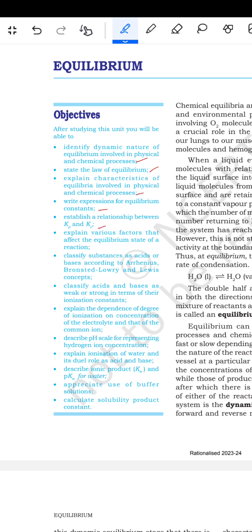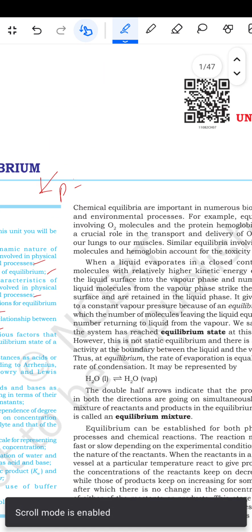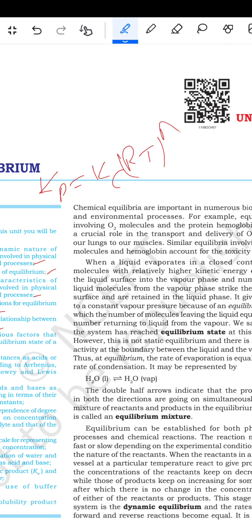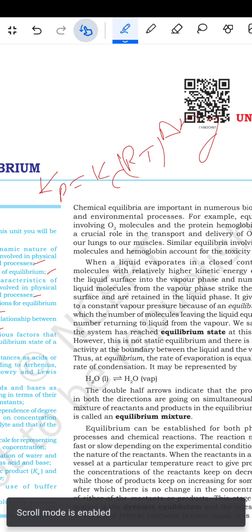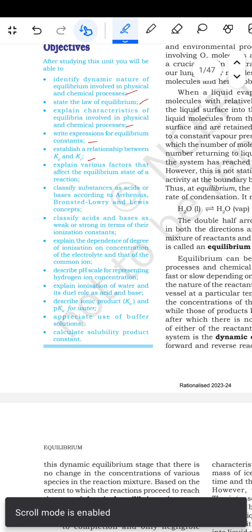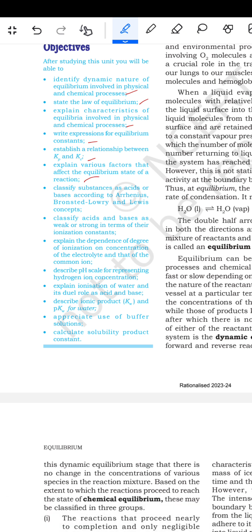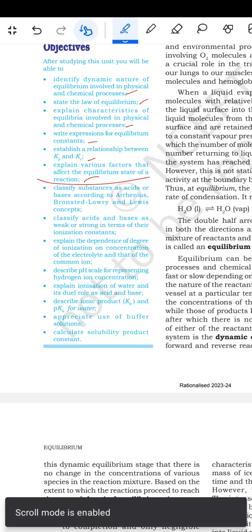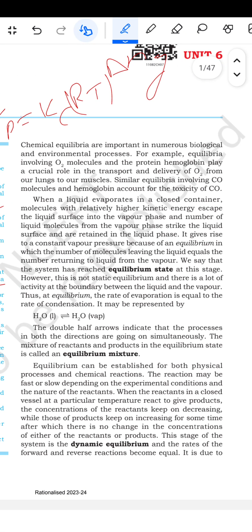ऐसे Kp इज इक्वल टू हो जाता है Kc RT^Δng, ये हो जाता है। और एक्सप्लेन वेरियस फैक्टर्स दैट अफेक्ट द इक्विलिब्रियम स्टेट ऑफ ए रिएक्शन। सब ठीक है, बस यहाँ तक ही है जो देख रहे हैं, इसी पार्ट तक है जो देखेंगे, क्योंकि नेक्स्ट आगे वाला जो पार्ट आता है वो है आयोनिक इक्विलिब्रियम का, तो उसको अगले पार्ट में देखेंगे।